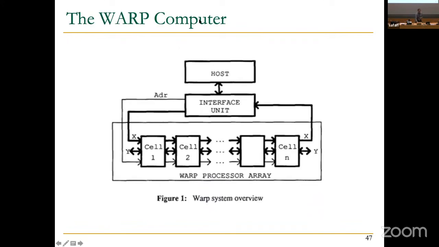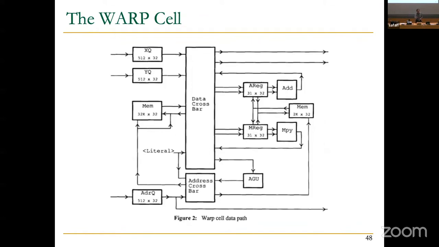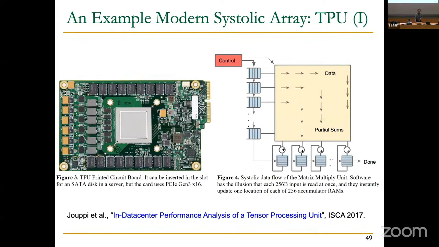And this is what the system looks like. It's a systolic array for image processing or vision processing or robotics, which is a lot of vision processing also. I'm not going to go into it, but it's essentially a systolic array. But this is a modern systolic array. And this is the paper that says we have built a systolic array at Google. Essentially, it does what I showed you earlier, 2D matrix multiplication.